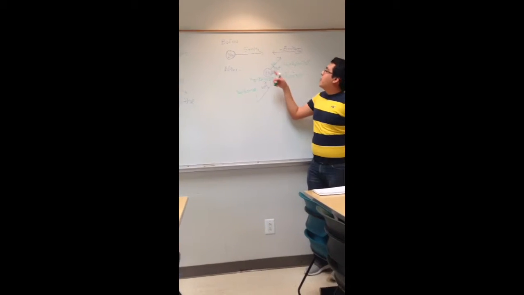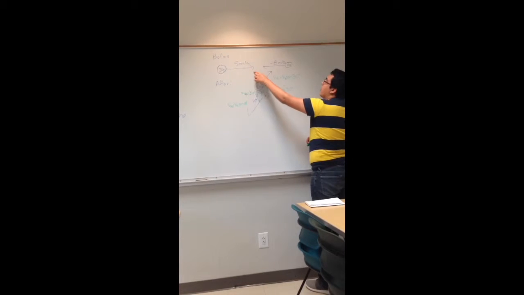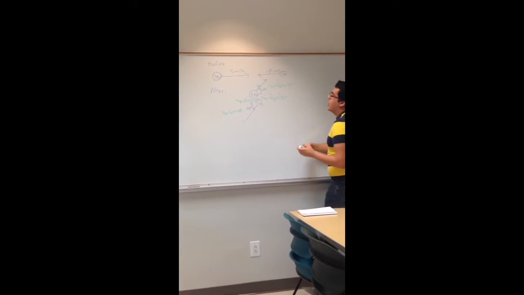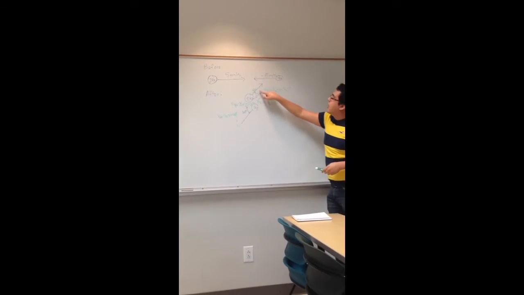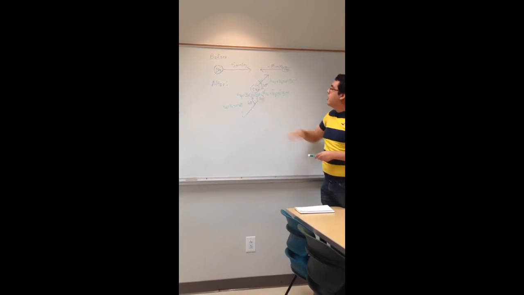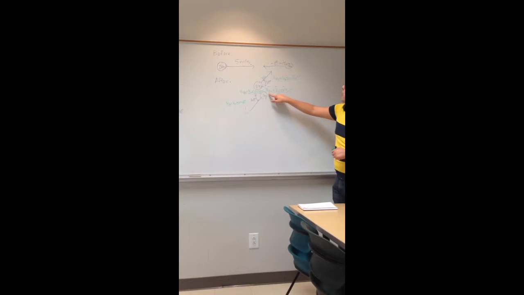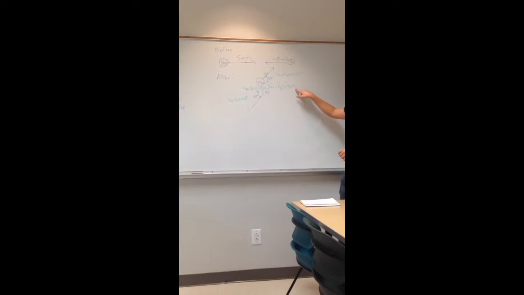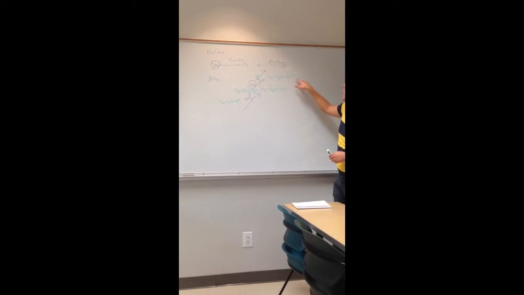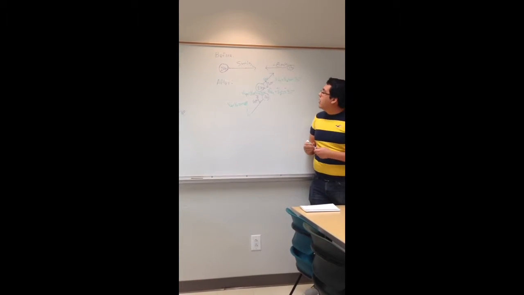So right here we have a picture of a 2 kilogram ball before the collision traveling 5 meters per second, and the 1 kilogram ball at -8 meters per second. After, we see that this one is 30 degrees off, and this one is 60 degrees. So the components of the 2 kilogram ball are V1Fx equals V1F cosine of 30, and V1Fy equals V1F sine of 30. And then we have the same thing for the 1 kilogram ball with